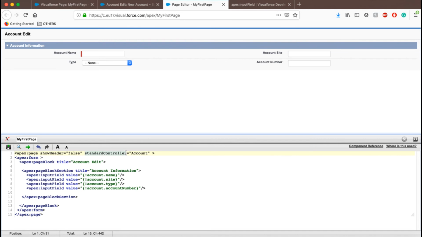If you are using some standard functionality, you don't have to write business logic or an Apex class again. Salesforce knows that you are trying to use some input field, and that field already exists in the account object. So how can Salesforce understand this particular input field is coming from account? Through this standard controller.